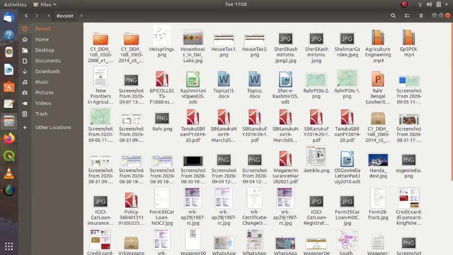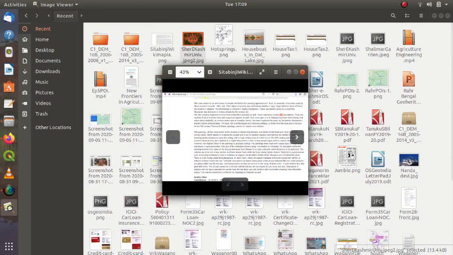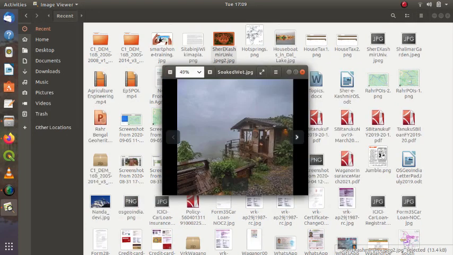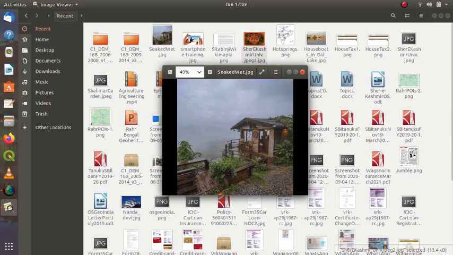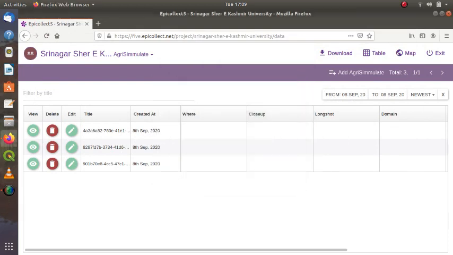So this is the other one, the Sher-e-Kashmir University, and things like that. Anyway, I'll go back to the actual EpiCollect, and this is another photo. So what I do now is I try to simulate it.